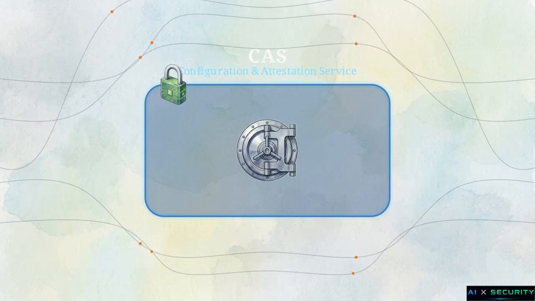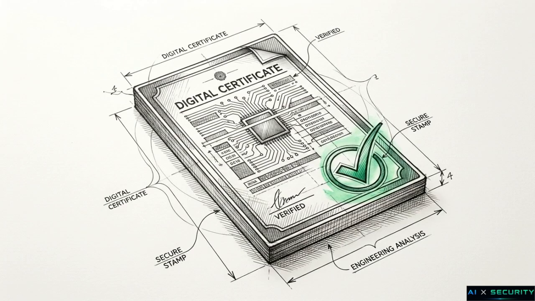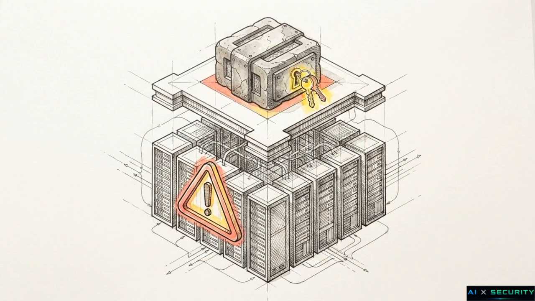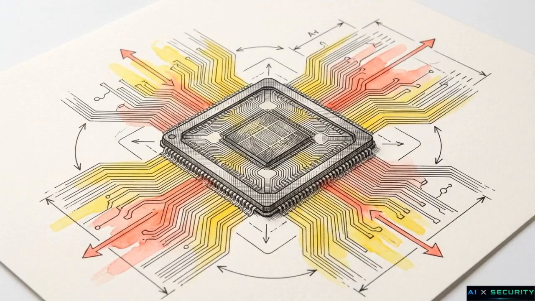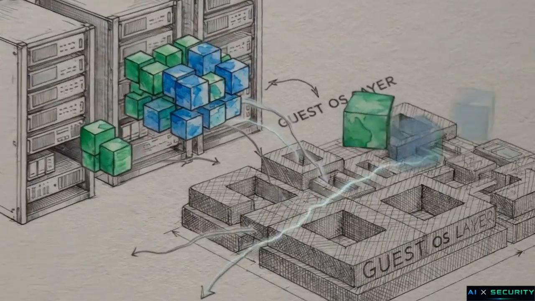Instead of trusting the virtual machine, a system called EnclaveX defers all trust until the specific machine learning application itself is cryptographically verified. It does this by establishing an independent root of trust, the Configuration and Attestation Service, or CAS. This service exists in its own separate trusted execution environment. It holds the user's strict security policies and the decryption keys for the AI models. The operational rule here is absolute. CAS will never release those secrets across the network without verifiable proof of the application's integrity.